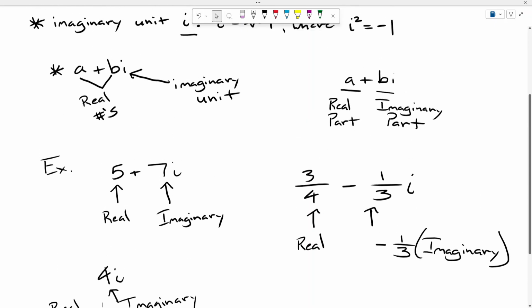Now, in order for two complex numbers to be considered equal to each other, their real parts must be equal and their imaginary parts must be equal. So if we had two complex numbers, we'll call it a plus bi, and then our other one will have c plus di. So we have two complex numbers, and in order for them to be considered equal to each other,